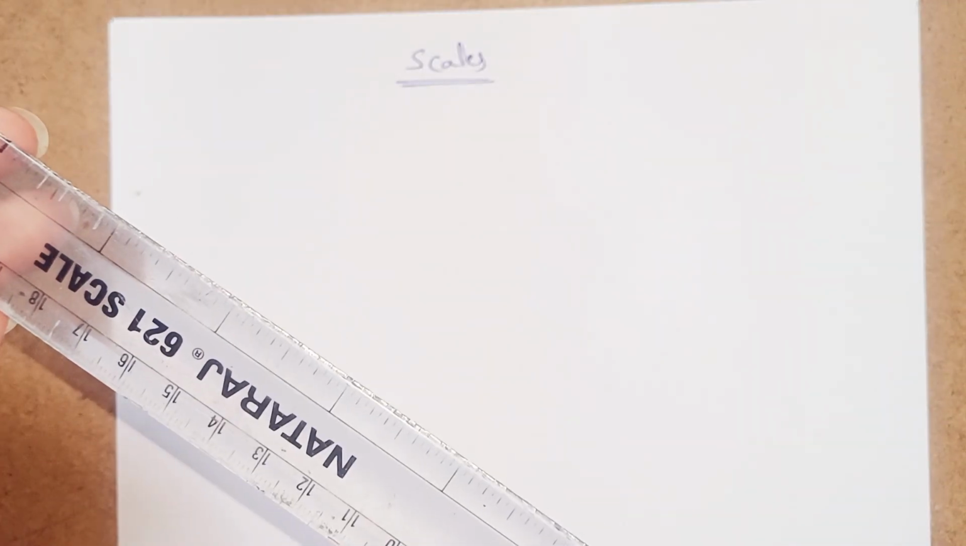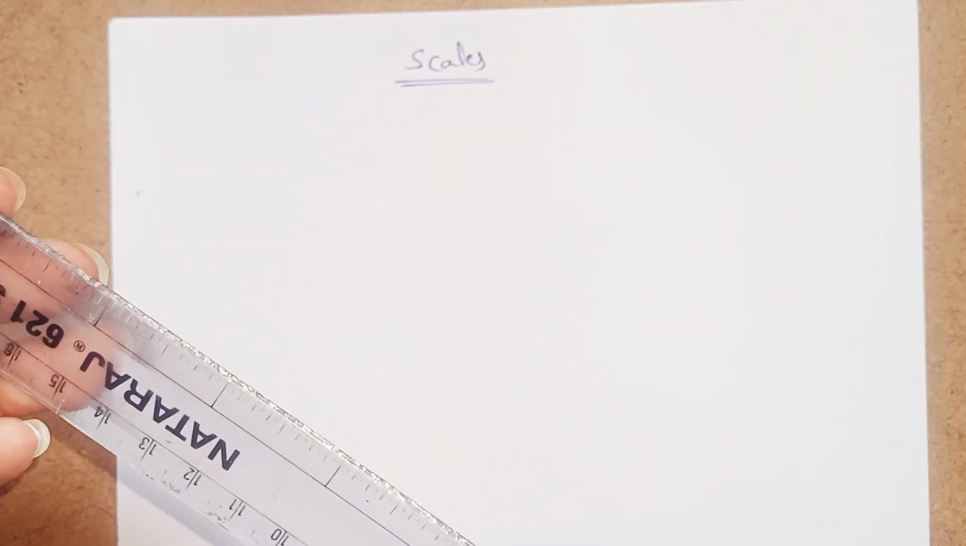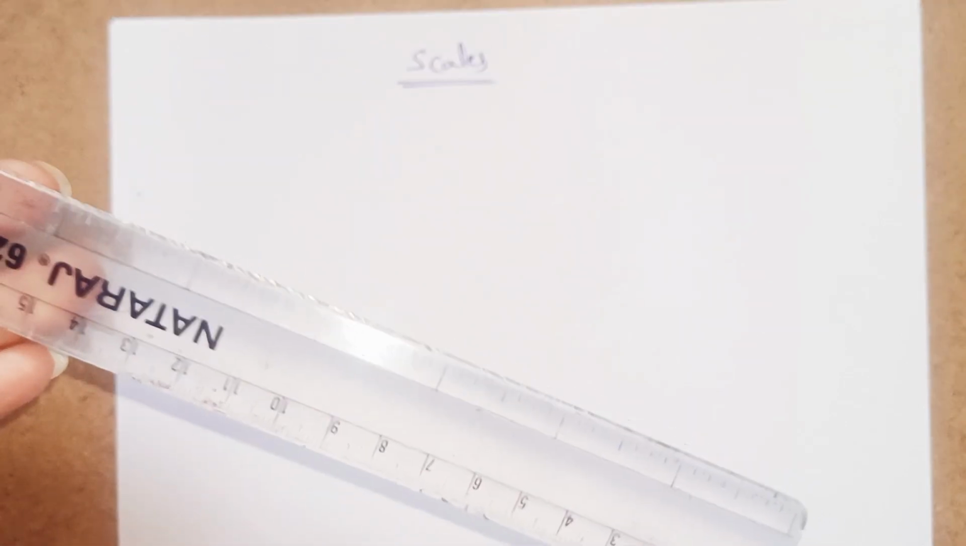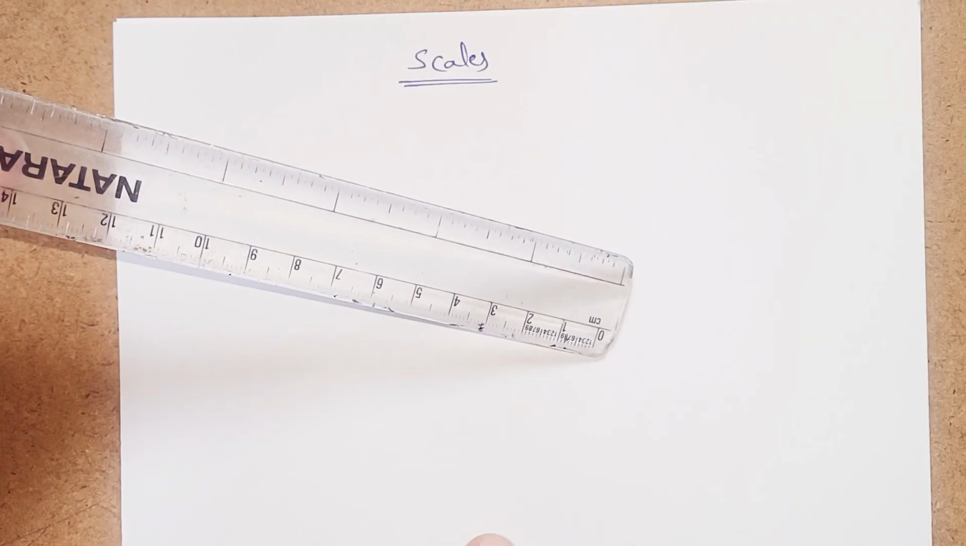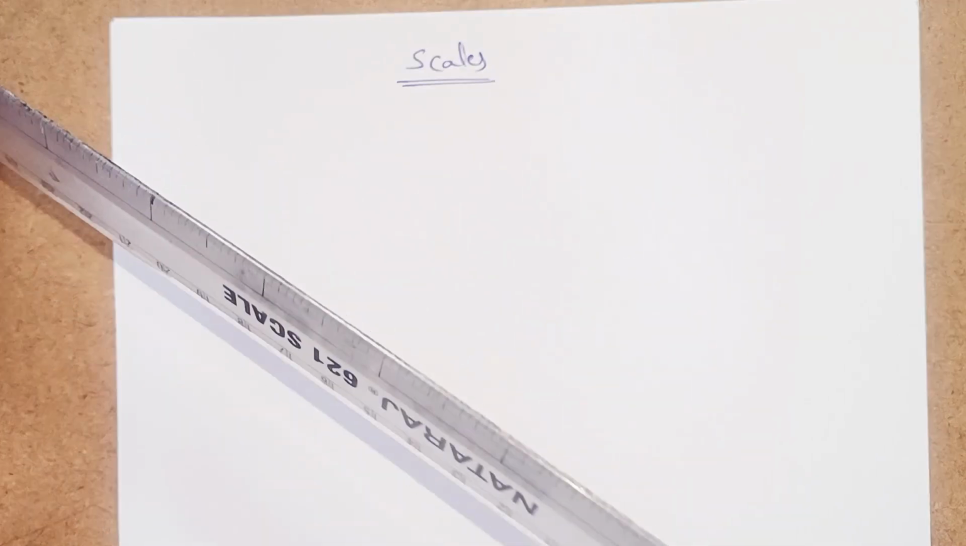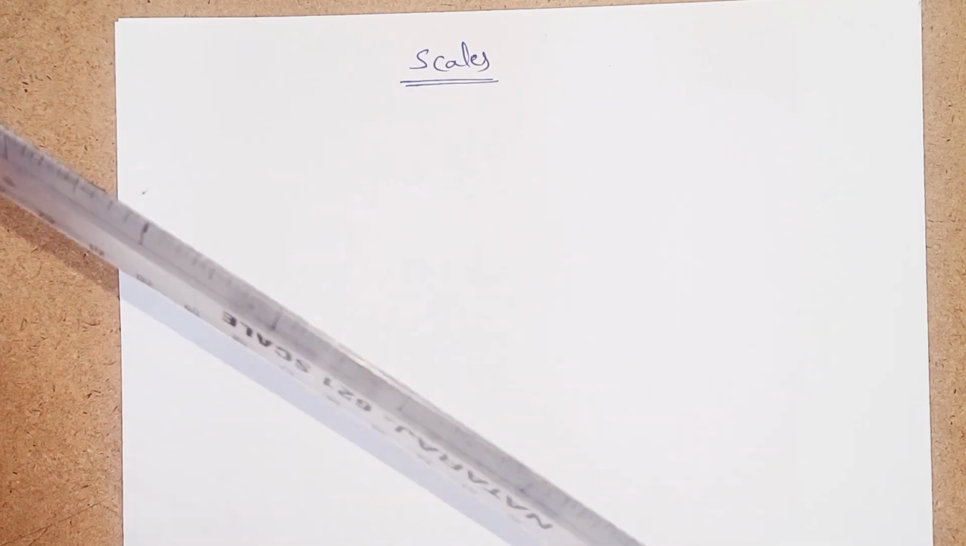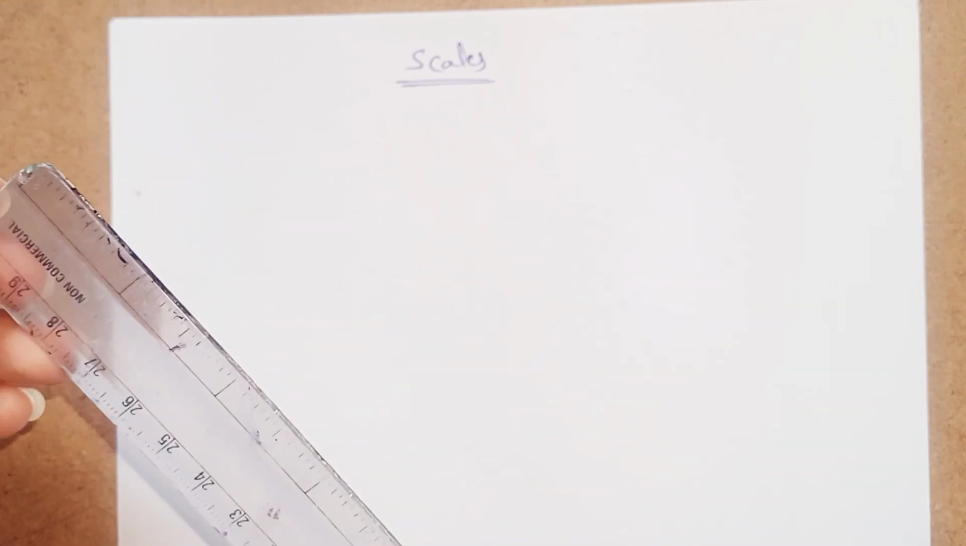A scale is defined as the ratio of the linear dimensions of an element of the object as represented in the drawing to the actual dimension of the same element of the object itself. So the various scales used in practice are